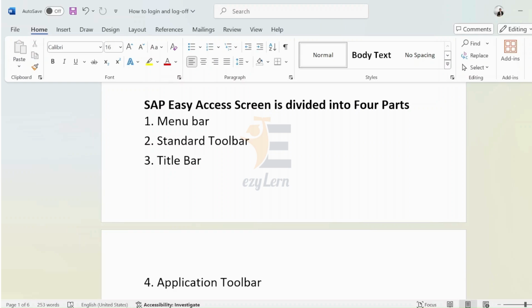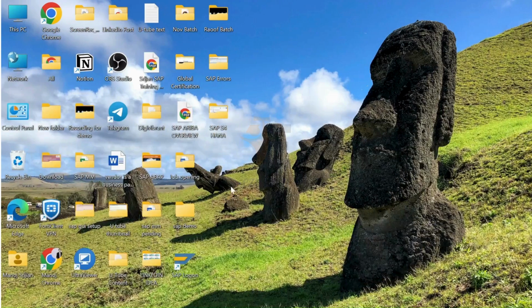In this video, we are going to discuss how we can log in and log off from the system, how we can add the credentials in SAP GUI, and what SAP GUI is. We are also going to discuss the different areas in SAP, and the ways to log in and log out or log off, that we will see. So let me take you to SAP Logon.